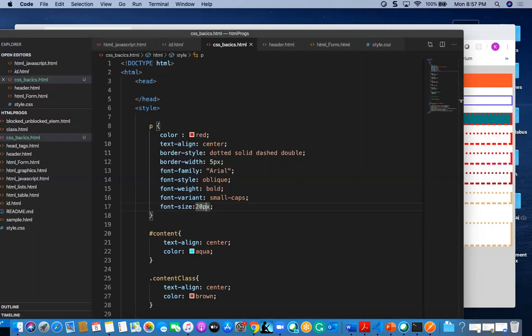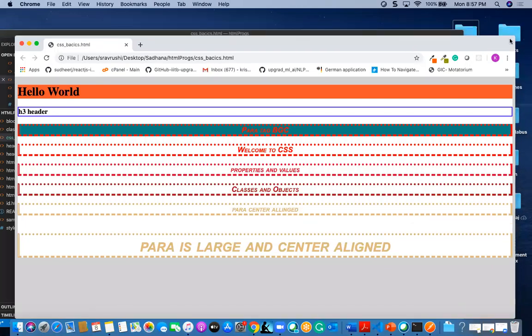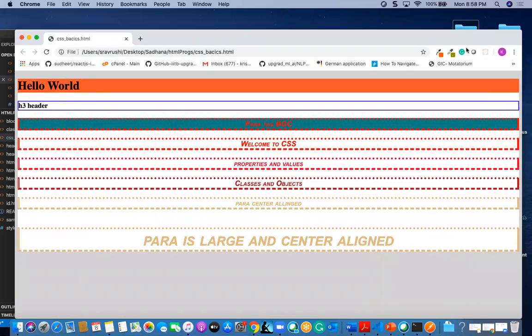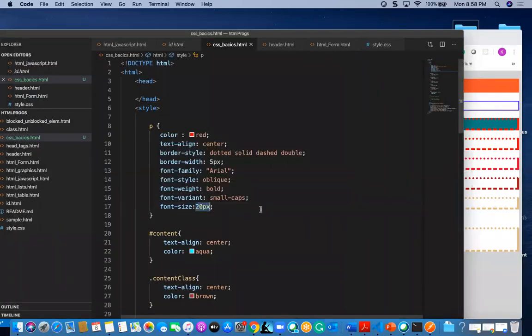One more thing is VW, for font size. That is viewport width. What that will do is, though the browser is shrinking, the text will be in a responsive way. Let me show you this. For font size I am going to give 10 VW.